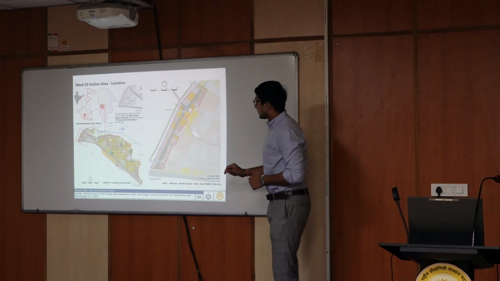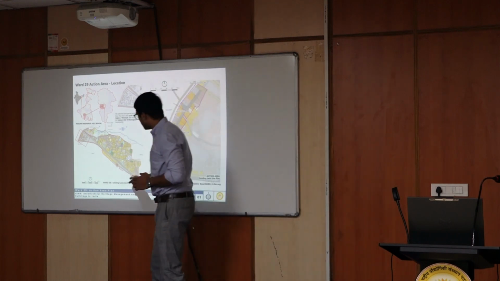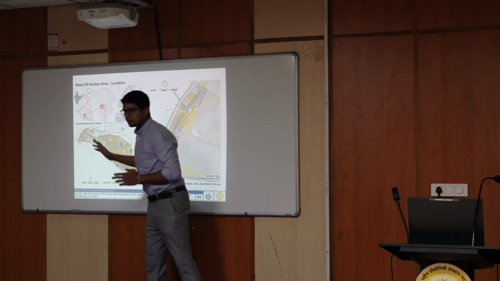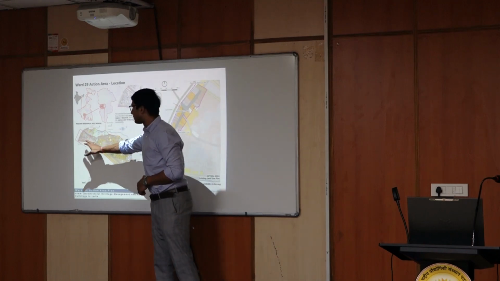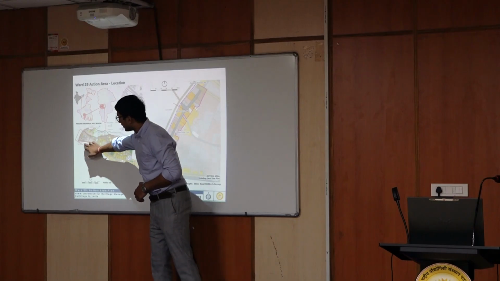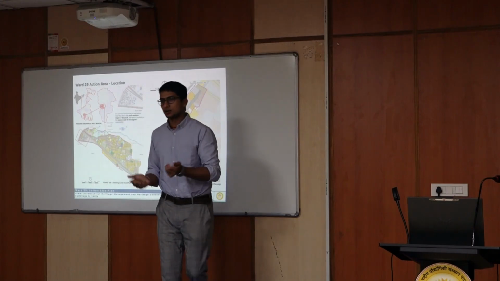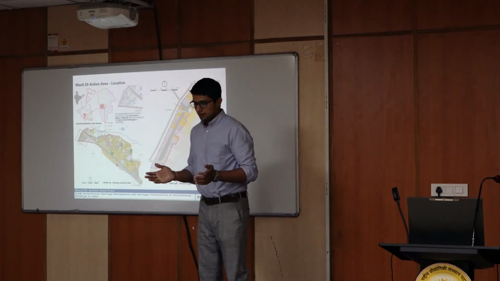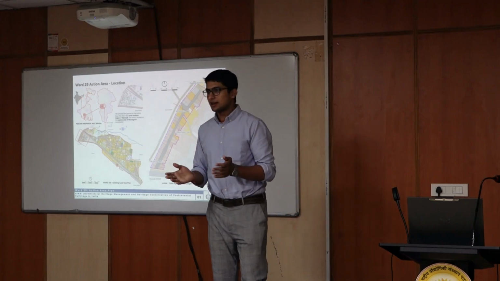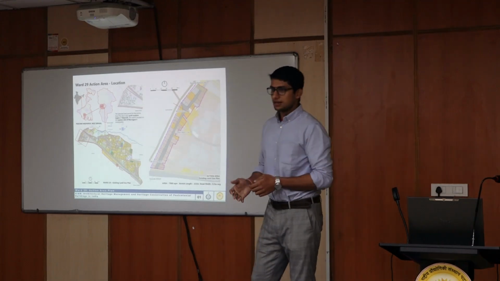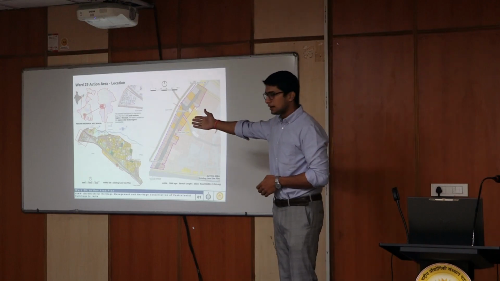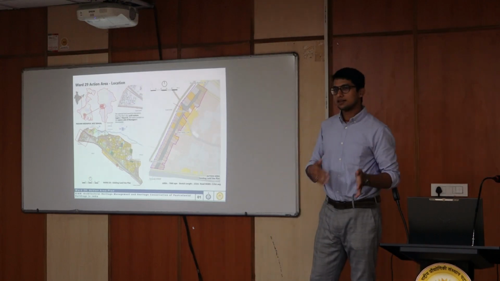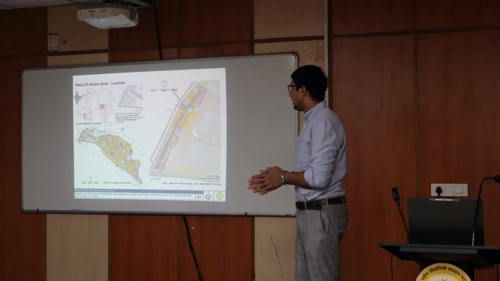So you have to understand what these two lines are. These two lines are railway lines, and this land is not privately owned land. This is government land, and all of this is basically a disputed ownership. There is a tussle going on between the local municipality and the railway administration. The railway wants to remove all these buildings from here, and the local municipality is kind of obstructing that process.